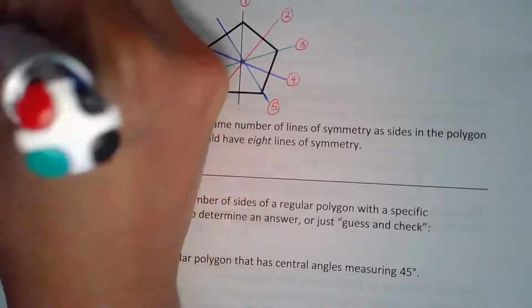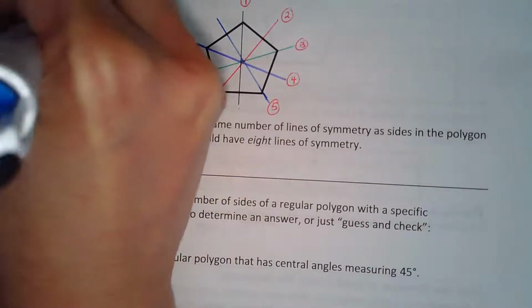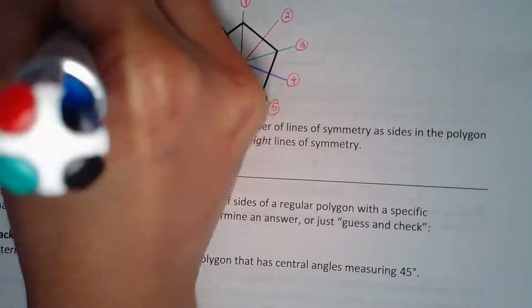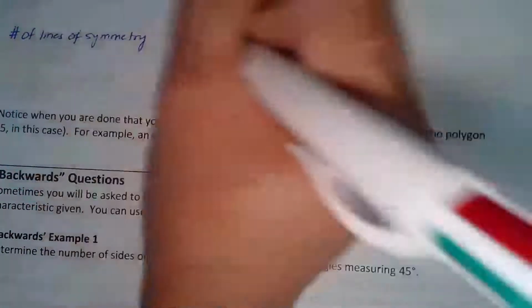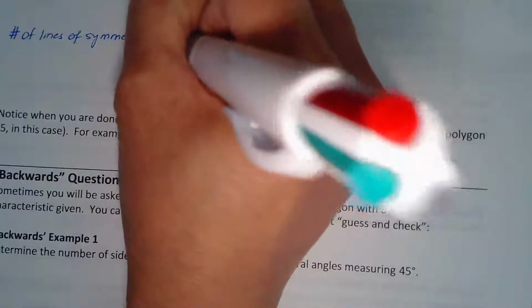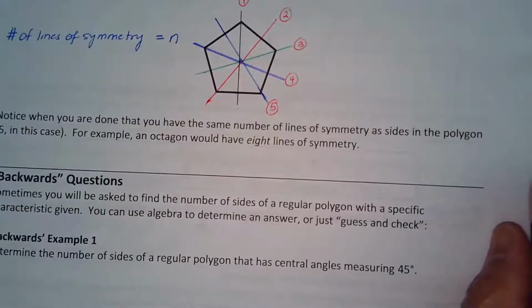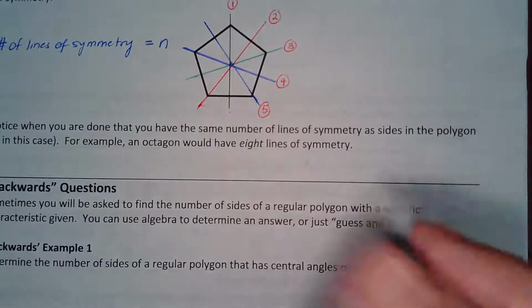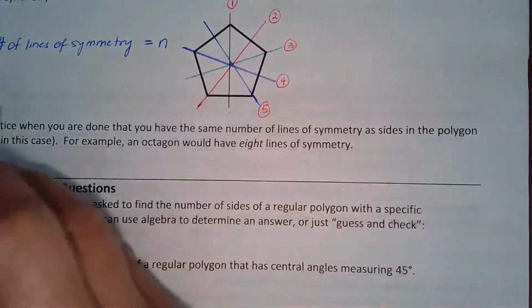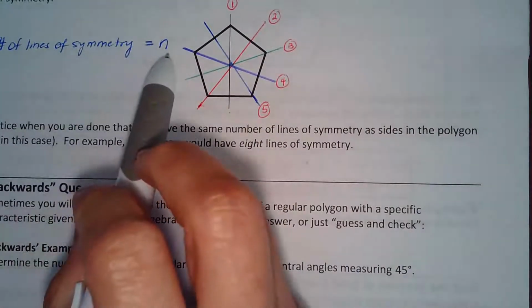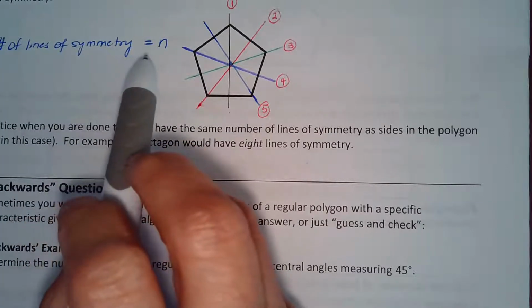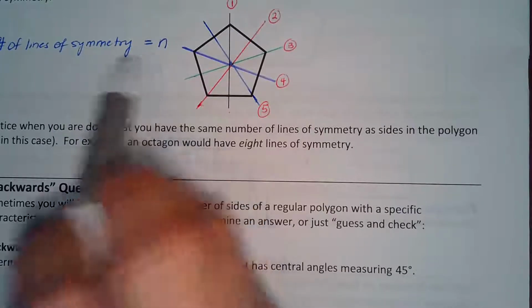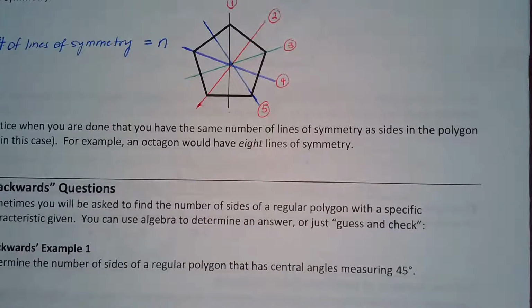The number of lines of symmetry equals n, the number of sides. So if there are 5 sides, then there are going to be 5 lines of symmetry. If there are 6 sides, then there are going to be 6 lines of symmetry, and so on. Okay,